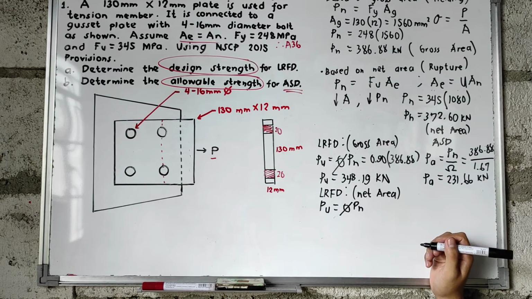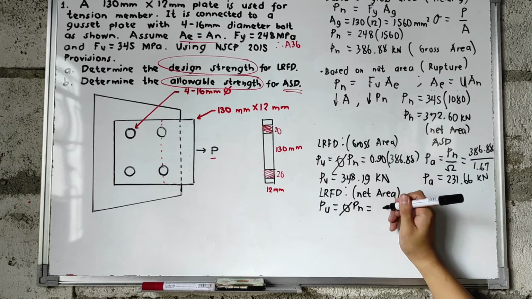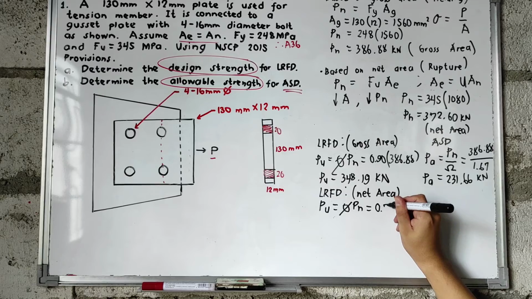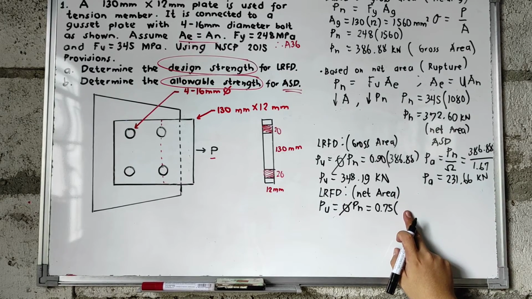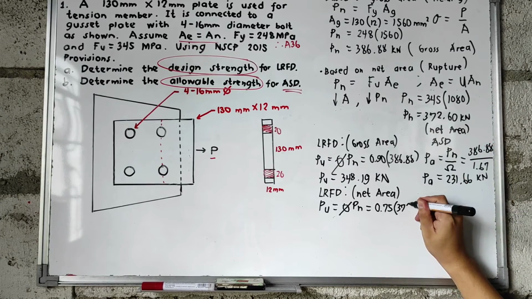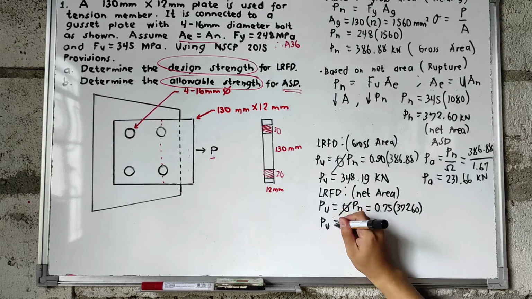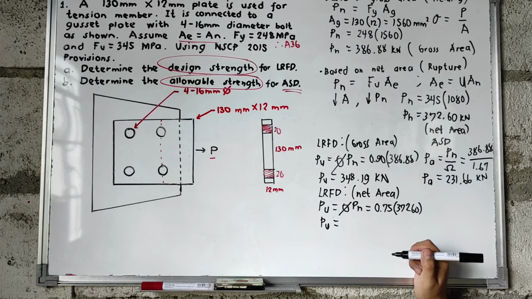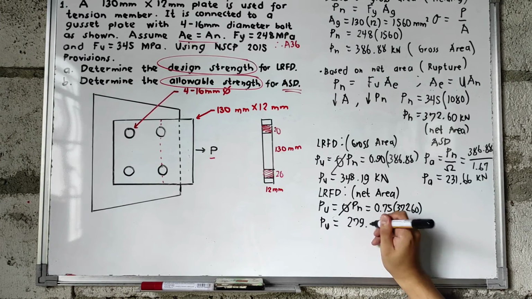So, for this one, kapag kino-consider natin yung net area, yung reduction factor natin, that is always equal to 0.75 multiplied by yung nominal na nakuha natin, that is equal to 372.16. So the value of your design strength is now equal to 279.45